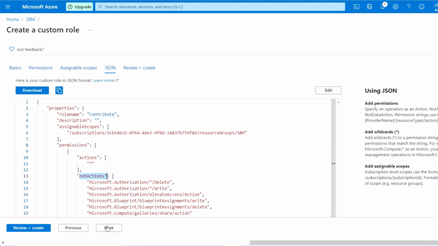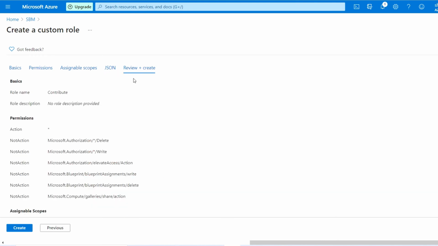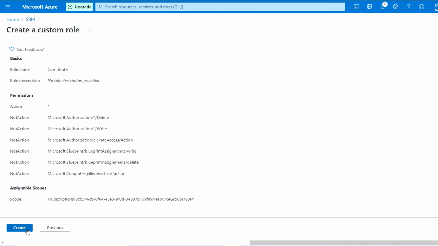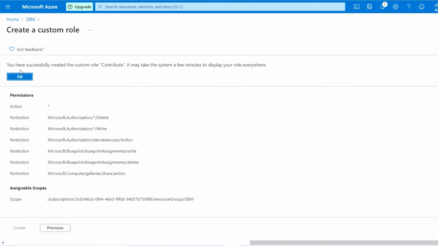Go to the next, go to review and create, and after that you just need to click create. As you can see here, my contributor role is created successfully.